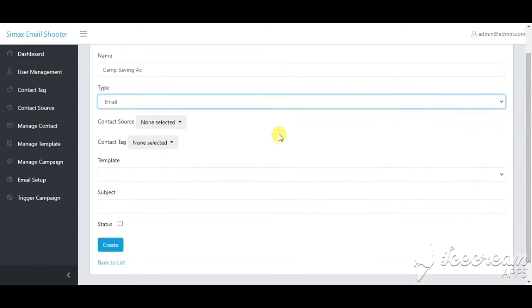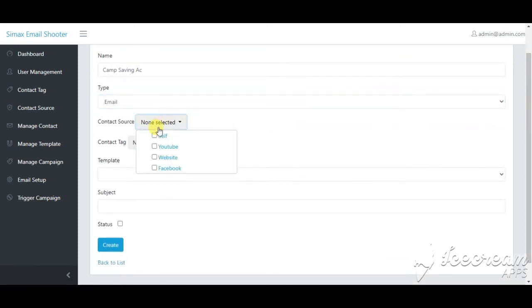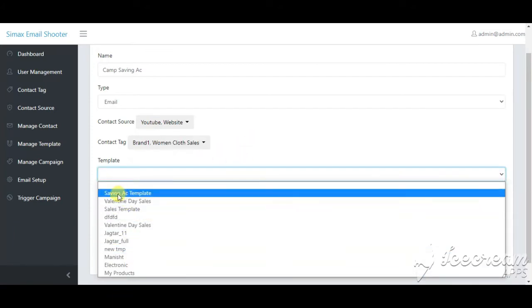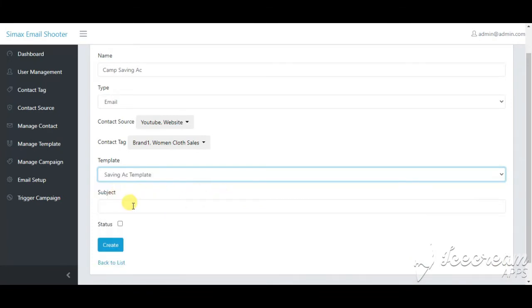Here you can select your contact base, which type of contacts you want to send the template to. I checked website, YouTube, and tag. I selected brand one, this one, and here you can select your template. I created a saving account template, so I selected it.